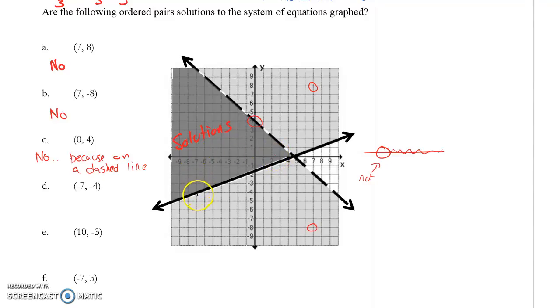Negative 7, negative 4, however, that's a yes. And that one's a little confusing. It's the same idea, but this is on a solid line. That's like it's saying, hey, this is a solution, and so is this. That's a yes. So is a point on the solid line, as long as it's also adjacent to our shaded region. Example, this point here would be a no. That would be a no. It's on the solid line, but not by my shaded region. So on solid line,